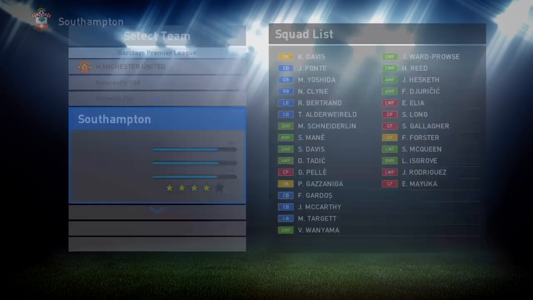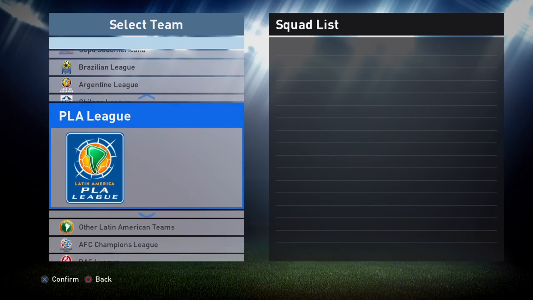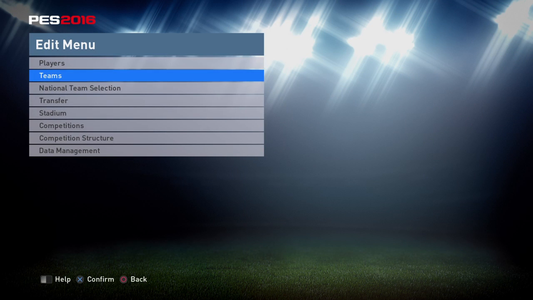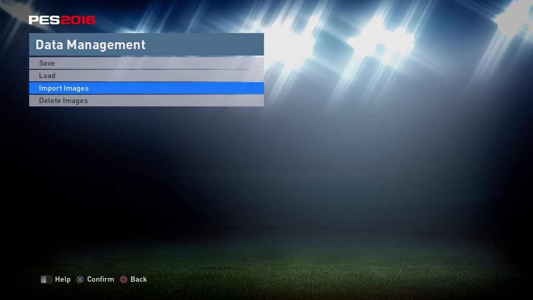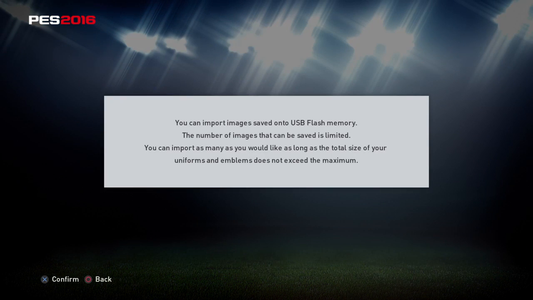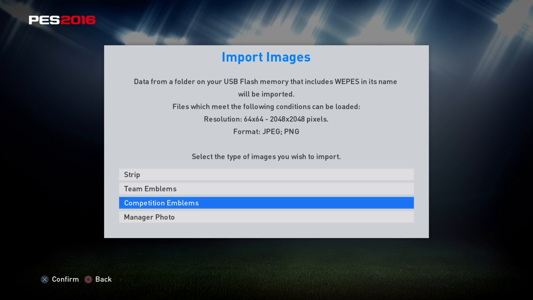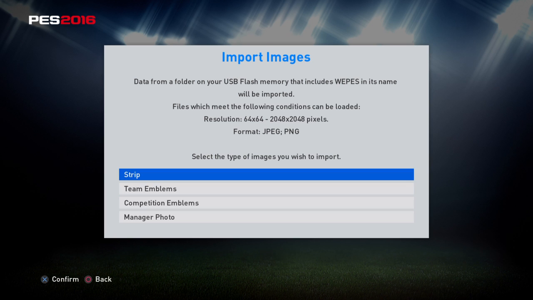So instead of doing Dortmund, we are actually going to do the England team, so the national team. In order to be able to choose a strip, we need to import the image that is on the USB stick. So you go to Data Management, you go to Import Images. Then you've got four options: strip, emblems for team, emblems for competition, or manager photo. Each one of these has only got a certain amount of slots. So if I go to strip,